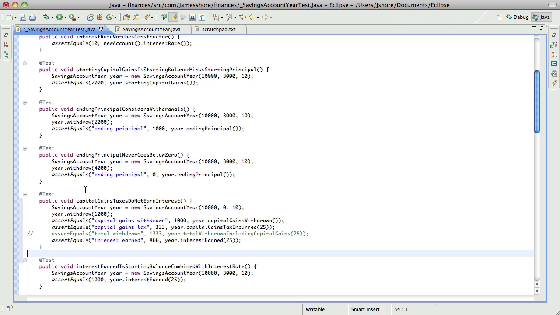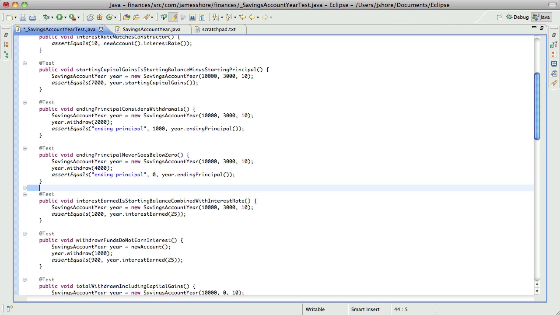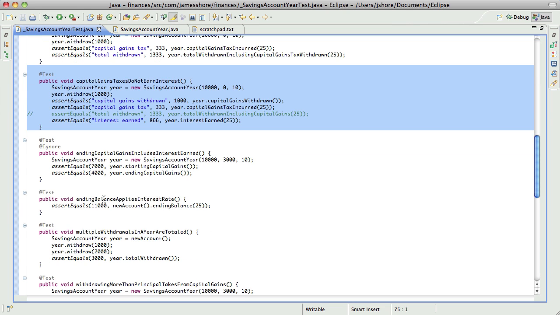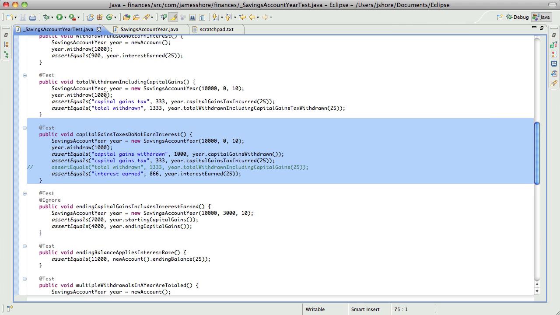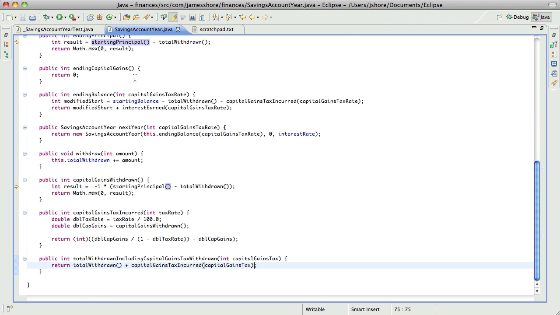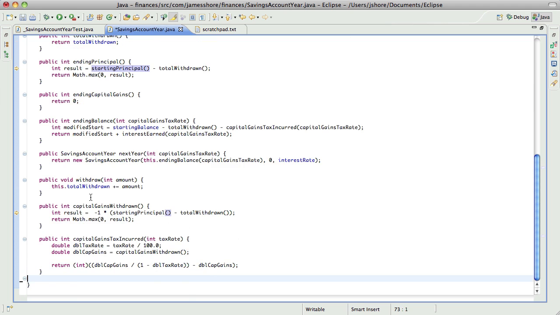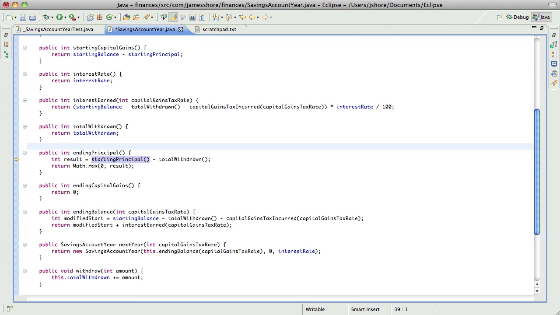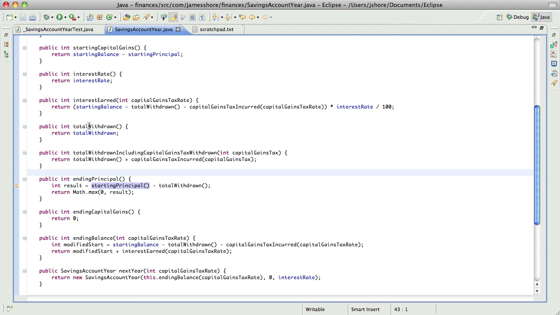So capital gains tax is, what did I just do? Total withdrawn including capital gains tax, so that's good. This total withdrawn includes capital gains withdrawn. It's going to go here. And now I want to rename this to just be, in our last remaining seconds, this isn't total withdrawn, this is total withdrawn except